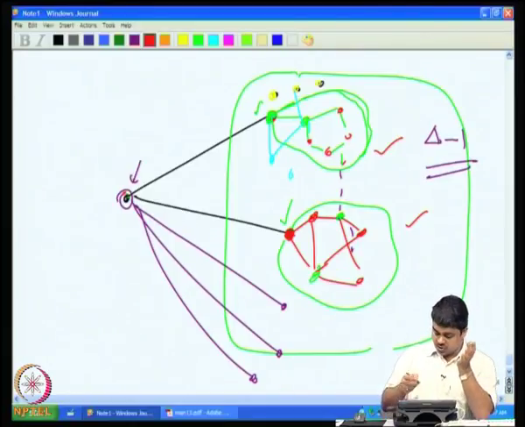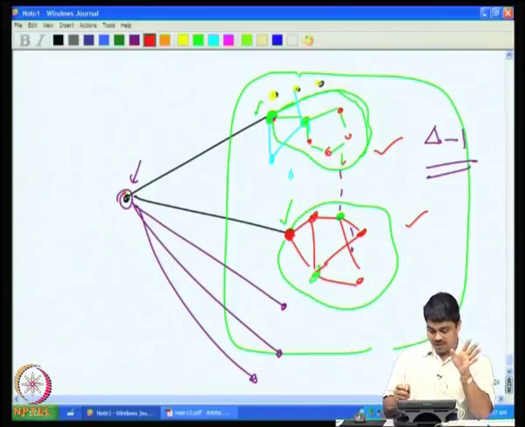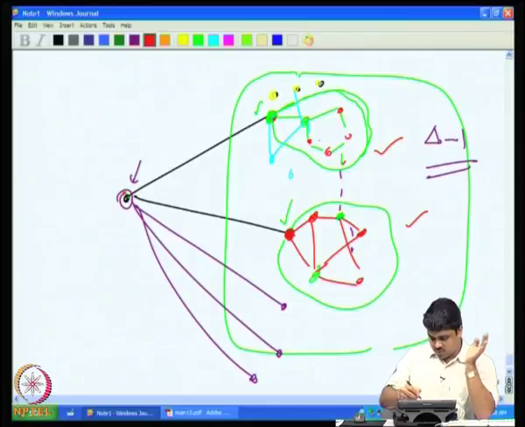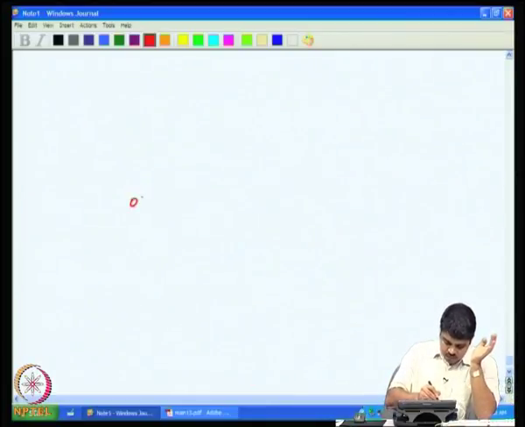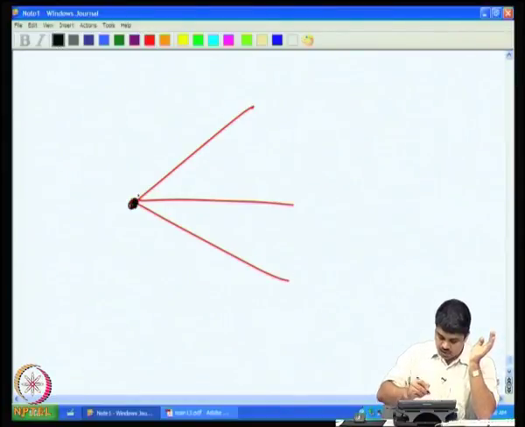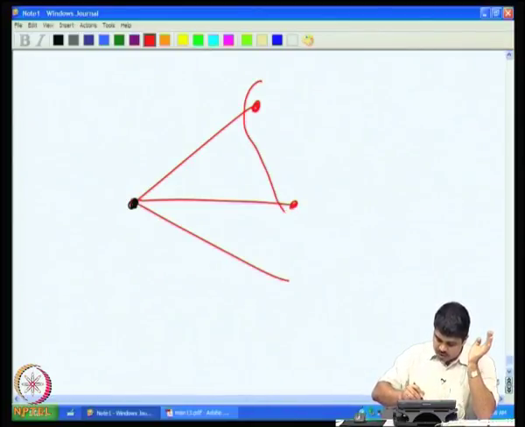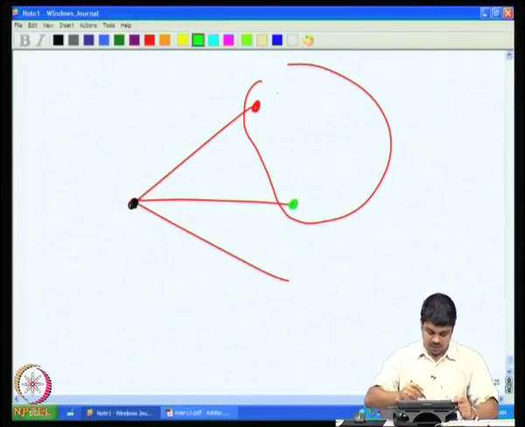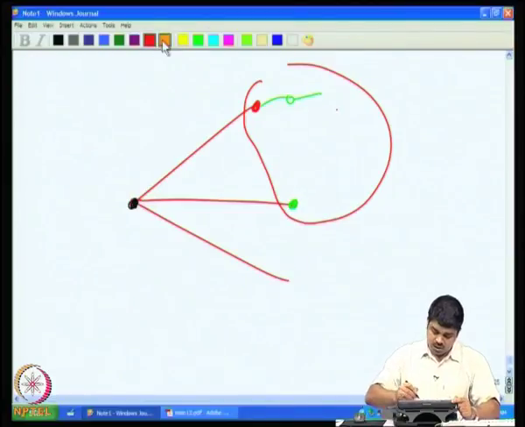So we can assume that this should happen, otherwise we will solve the problem right here, right? Because there will be a delta coloring. So the assumption that it could not be colored using delta colors will be wrong. So what we can say is that these two components are the same. In other words, if I take the vertex v, and look at its red neighbor and green neighbor, and the connected component of red and green vertices between them, it should be that